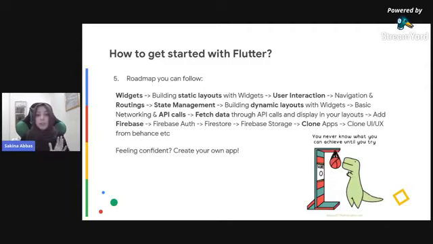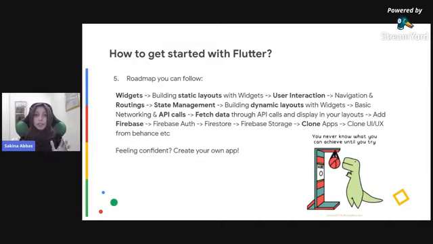Anyway, once you've implemented that, you obviously need to learn a database. There are many databases that you can learn. The simplest one is Firebase, which is a NoSQL database by Google again. So you learn authentication in Firebase, Firestore for querying and storing data, Firebase Storage for storing and querying media, and all that stuff. Integrate small specific elements of Firebase into your application. And voila, you have your entire Flutter application ready.